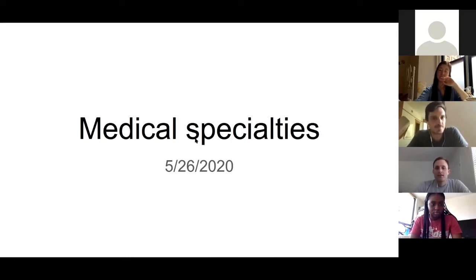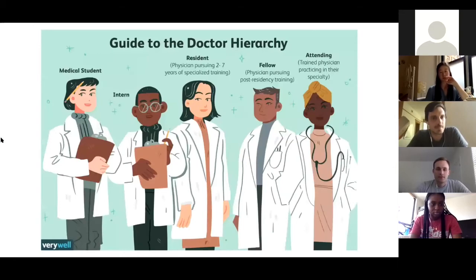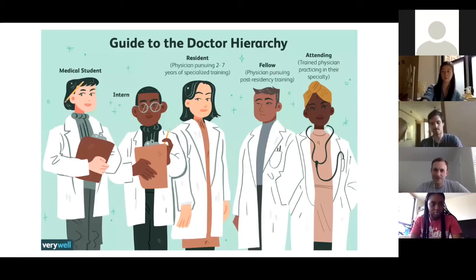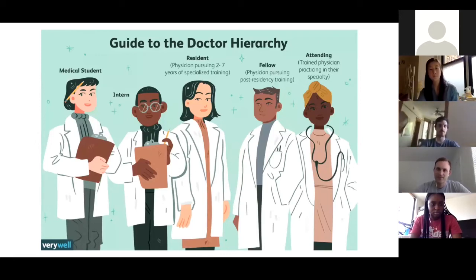Okay, so first of all, one of the important things to talk about when you're talking about medical training is what is the role of every person in the MD pipeline or DO pipeline. And so all of us are medical students. This is oriented from left to right, but generally it would be talked about from bottom to top in that same order. So medical students tend to be the bottom of the,